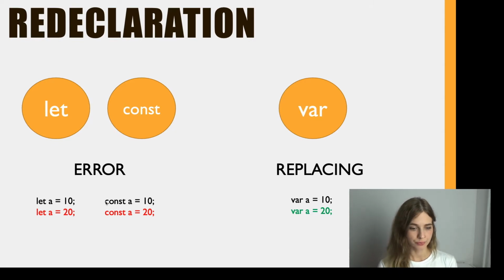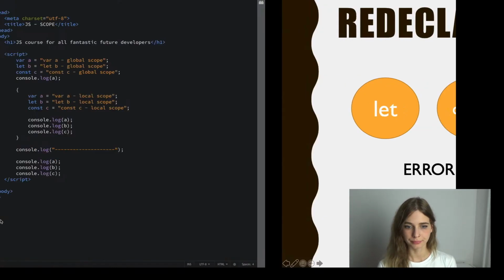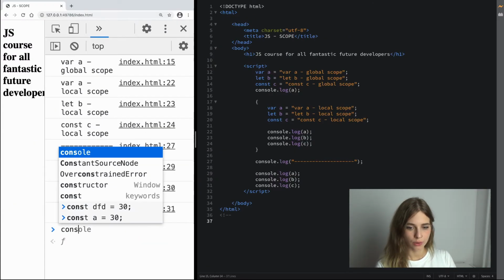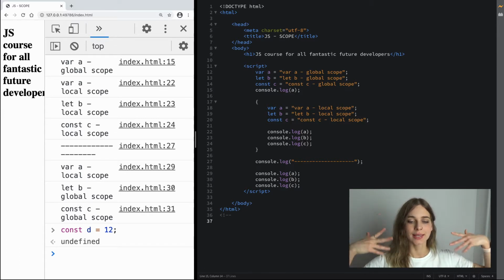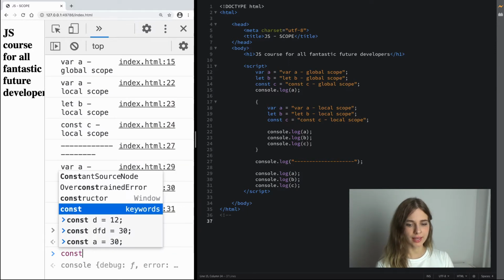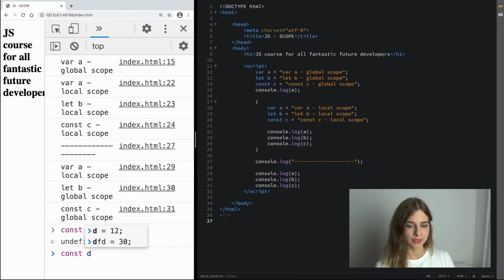And the same for the const. So if we do that, const d equals 12, we get undefined, because that's when the program is taking it into its memory. Okay, I've got const d and it's storing a value of 12. If I now want to do const d again and I change my mind, now I want d to store a value of 30,